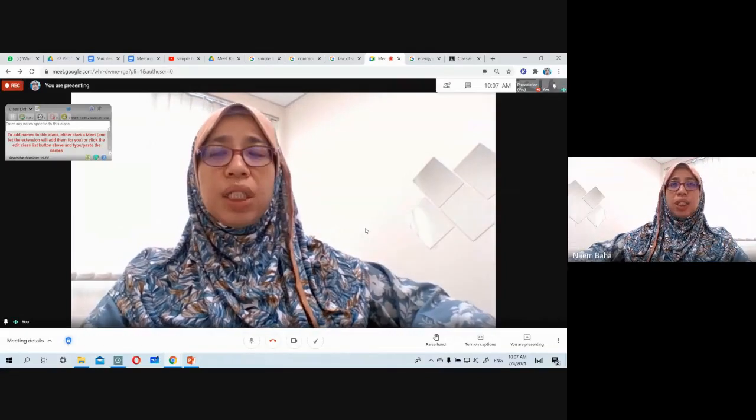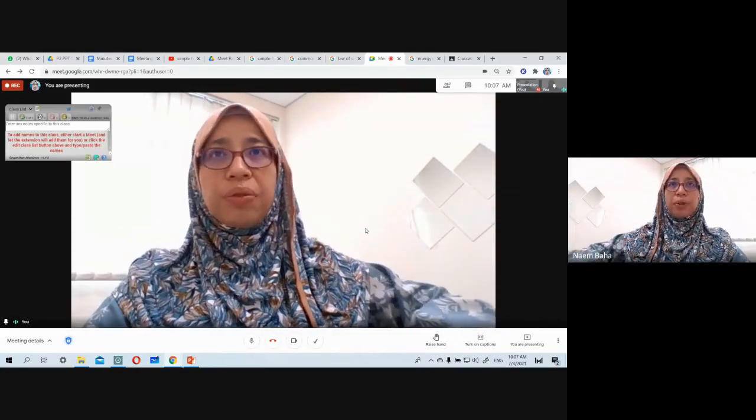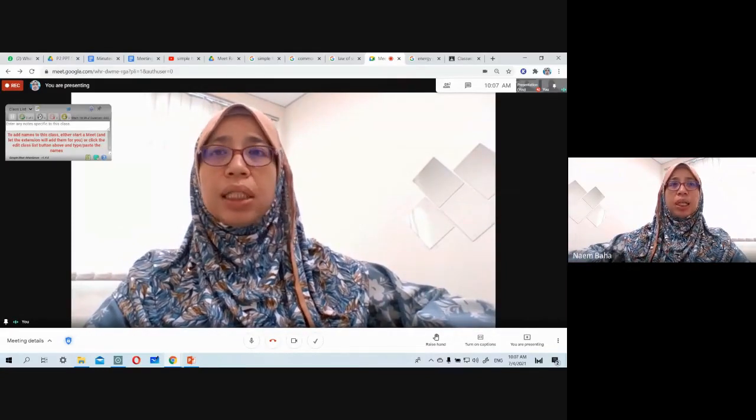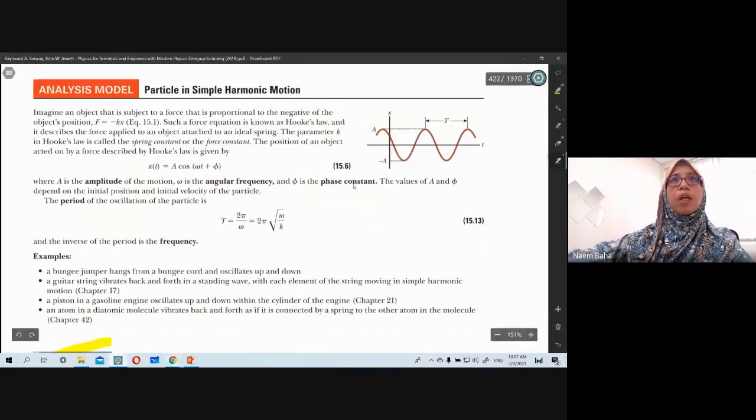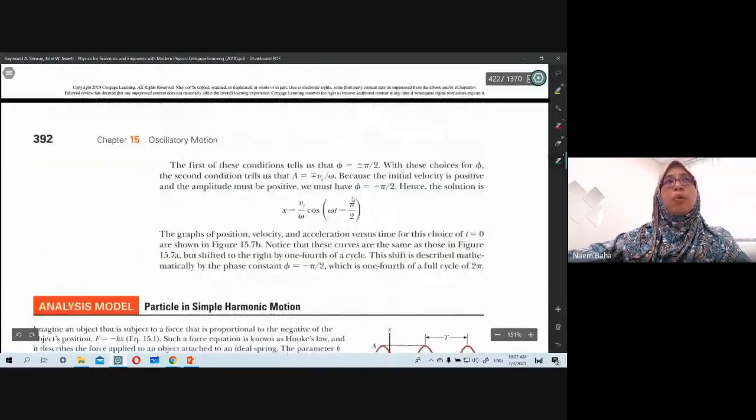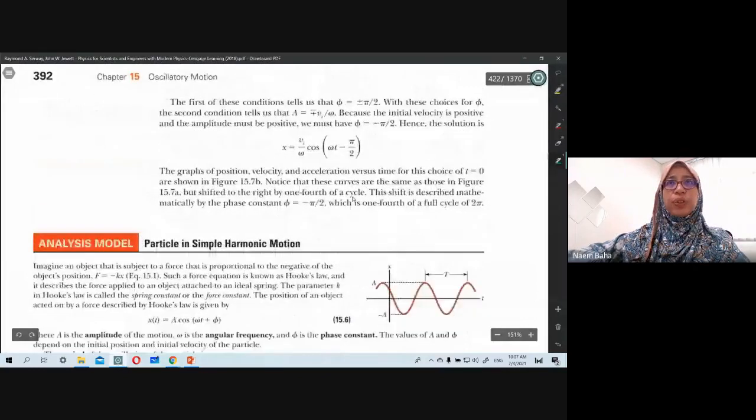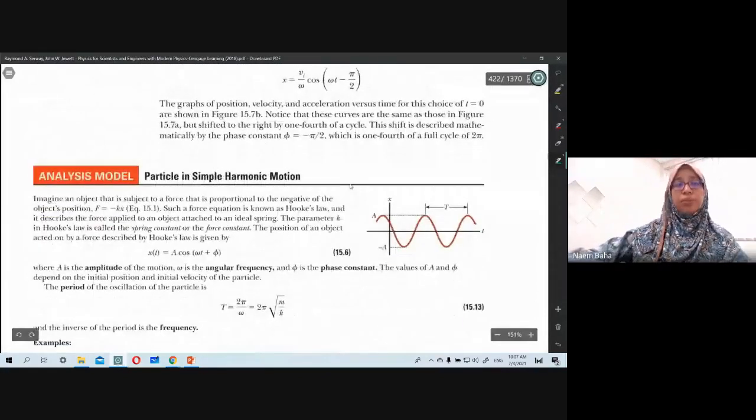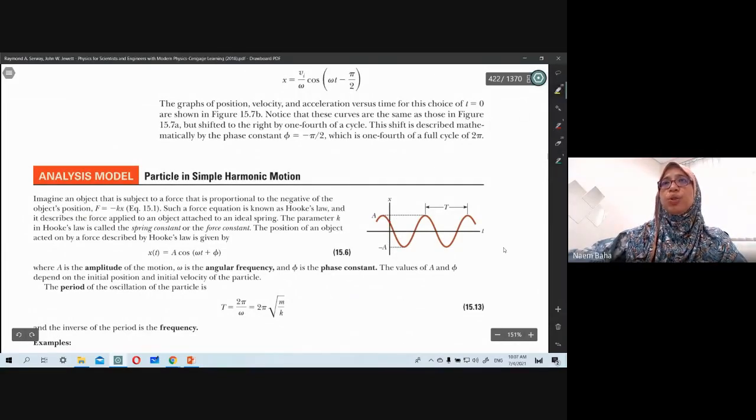Alright, today's session will discuss part number 2 of chapter 15, Oscillations. So let's get to the textbook. I am on page 392. Let's jog your memory in terms of the understanding. You are greeted with this figure. This figure shows you how